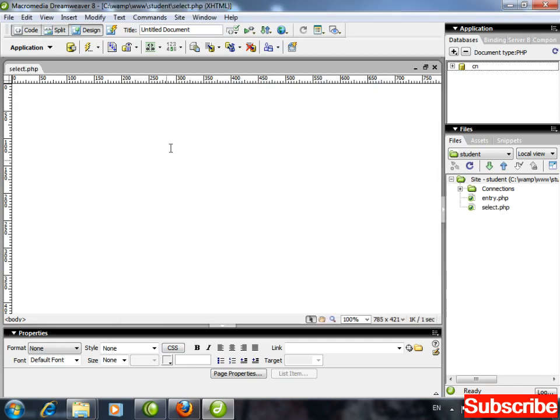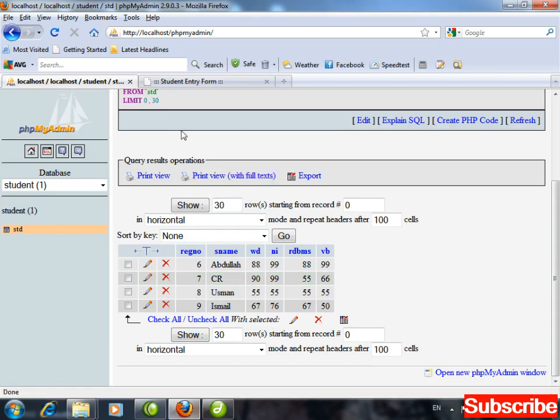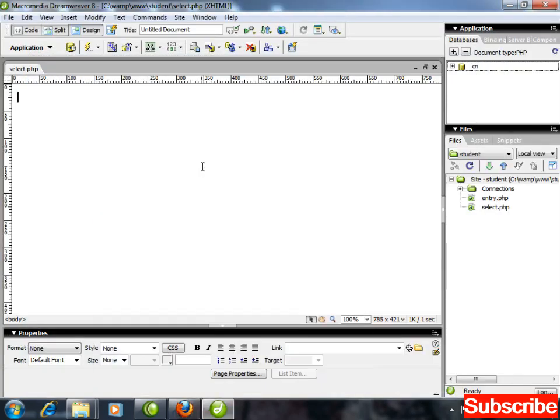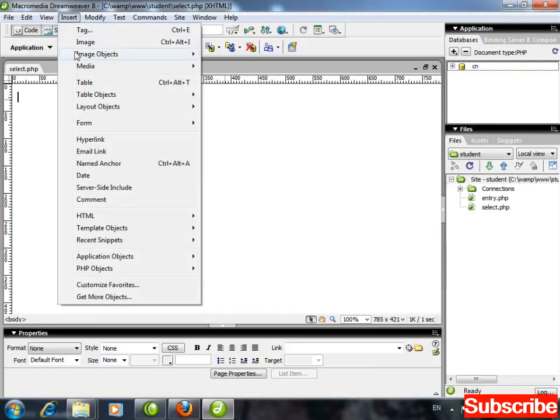Right? Now here I need a table. I need a table of how many rows and how many columns? 1 2 3 4 5 6 7. Okay, 7 columns and 3 rows.